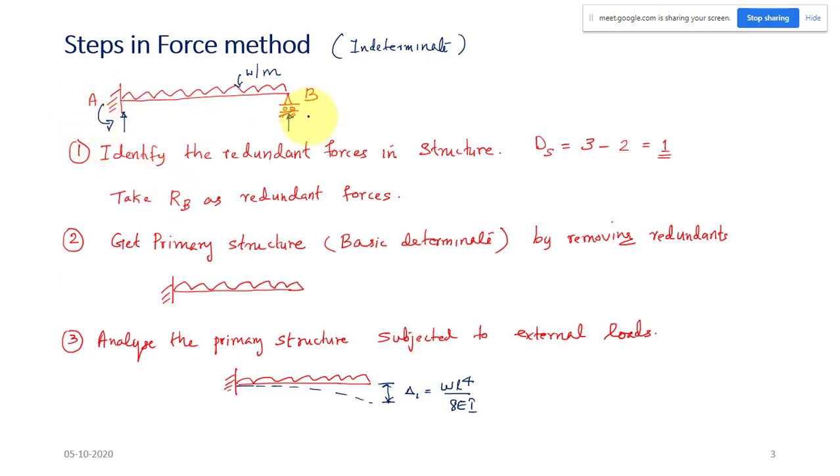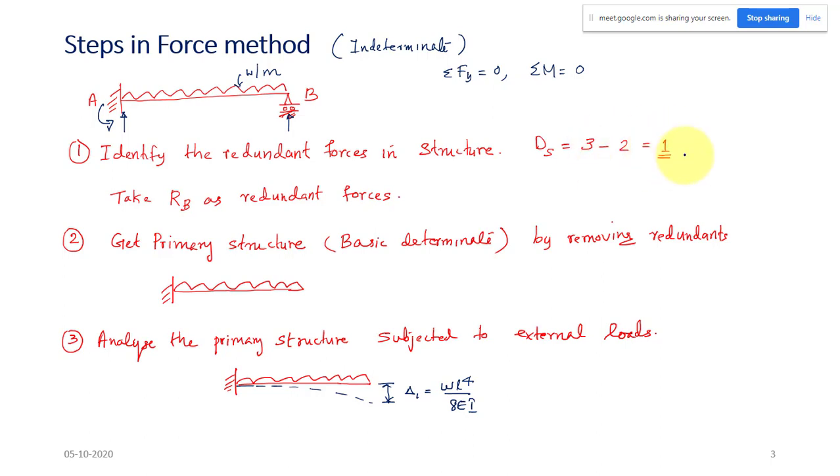Okay, so we have total 2 plus 1, 3 unknowns. How many equilibrium equations do we have here? The equilibrium equations will be sigma Fy equal to 0, the summation of all the vertical forces must be equal to 0, and the second equation will be sigma M equal to 0, moment about a point is 0. And sigma Fx equal to 0 will not be there, because there is no horizontal force in the structure, so that equation becomes 0 equal to 0. So finally that is not an equation. So we have 3 unknowns and 2 equations of equilibrium, and your static indeterminacy will be 3 minus 2, which is 1. Even if you do 4 minus 3, you will get indeterminacy 1.